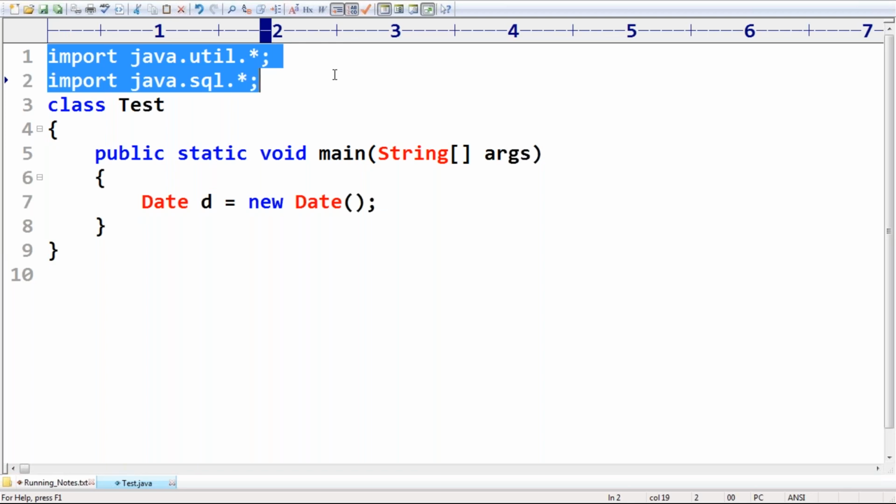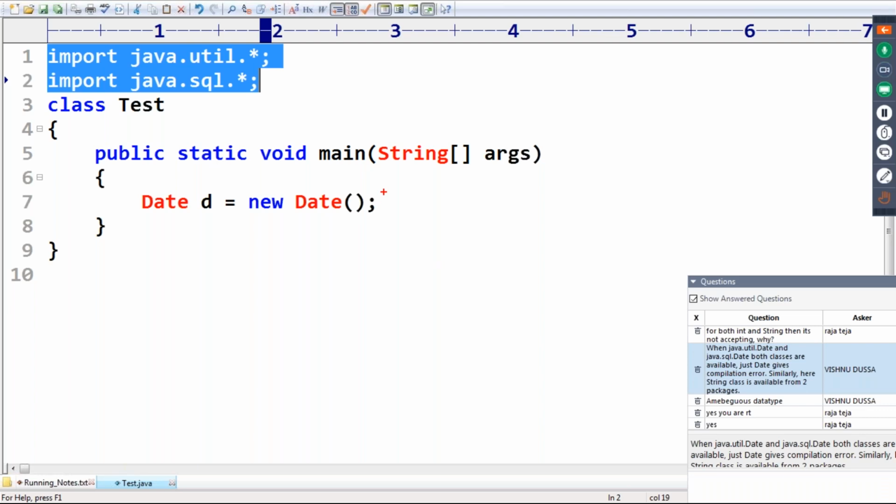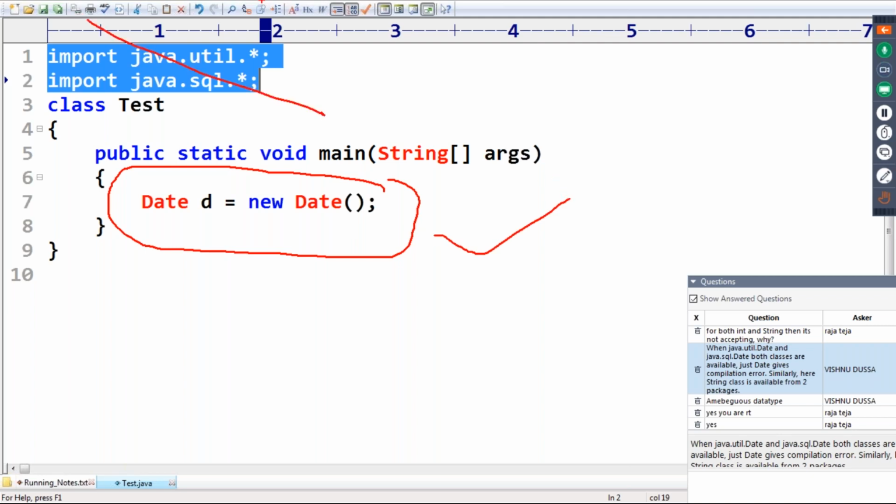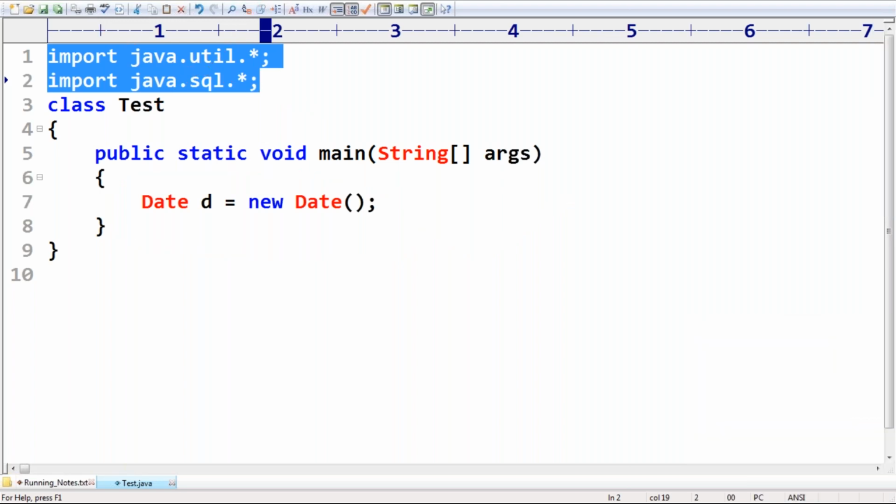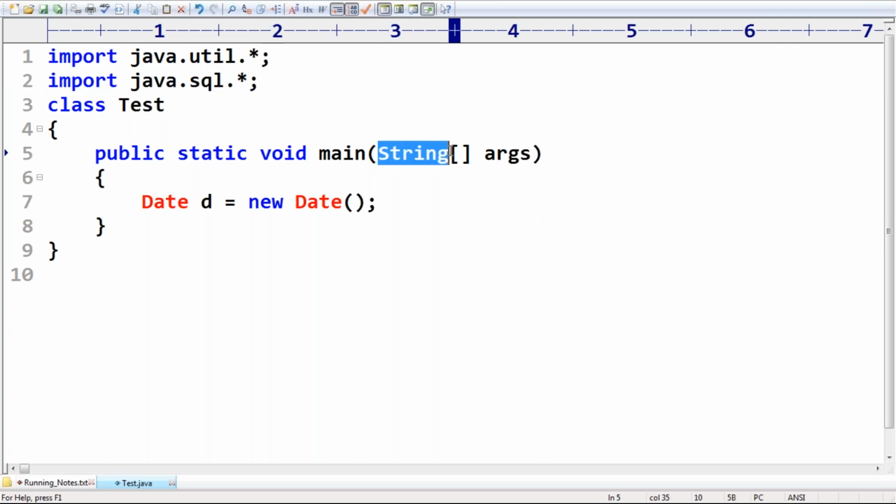If our current working directory already contains a Date class, then the highest priority goes to our current working directory, not the import statement. That's why in the previous case, String was already available in the current working directory, so why go to java.lang? By default it is always considered our own String class only. Getting, Vishnu?